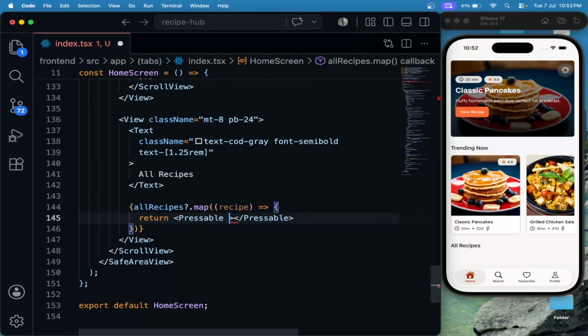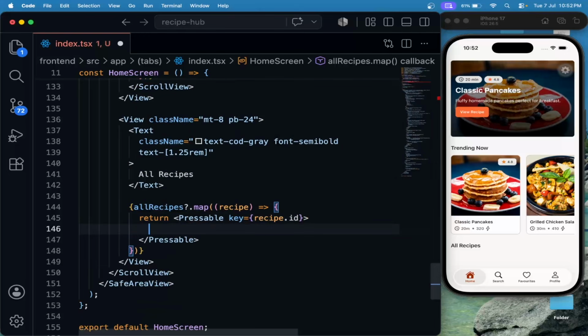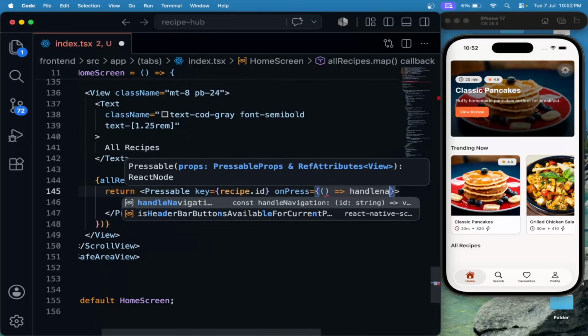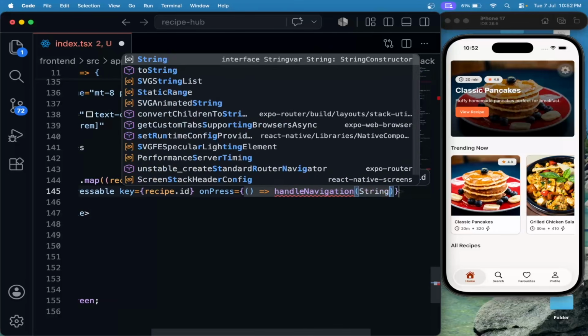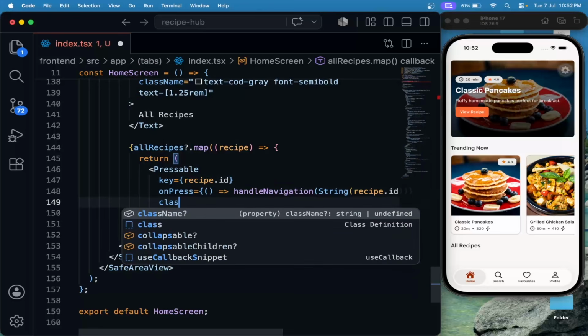First let's give the key. Always remember to add the key first, else you will forget later. Let's add the on press as well. So on press, again we will call the handle navigation and we will pass recipe.id, and let's give some class